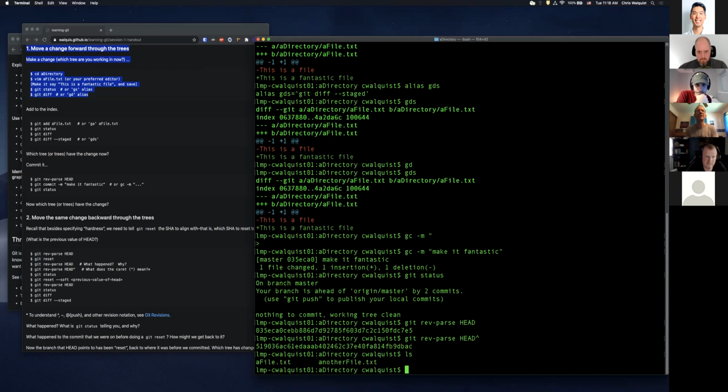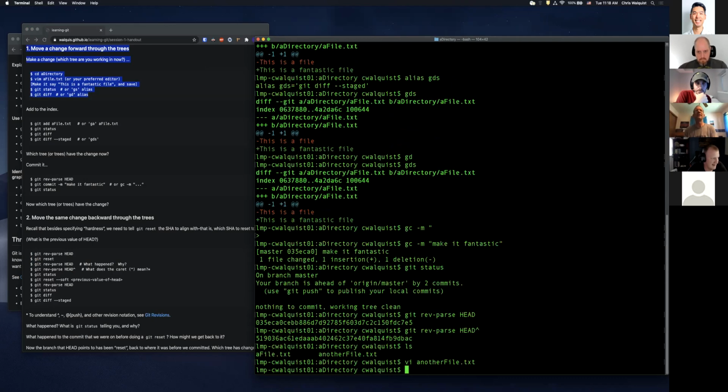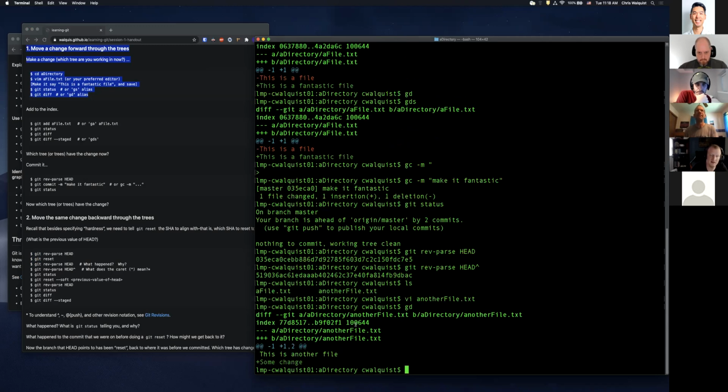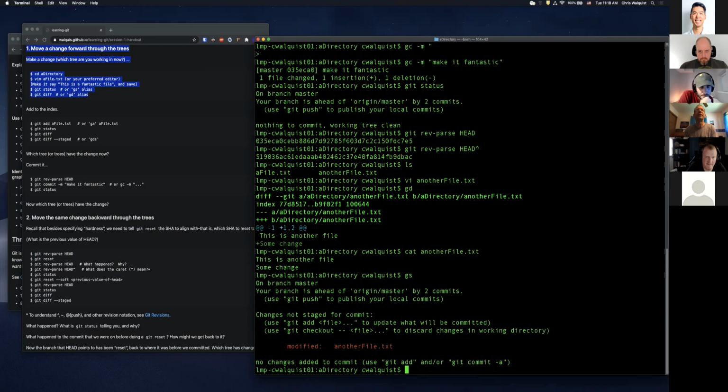So let's actually say I wanted another file in there, right? I made a change here. Sorry, I'm dropping into Vim for a minute. My bad. Okay, now I'm back out. Okay, yeah. So now I got it modified. I wish that would have gone in there too.